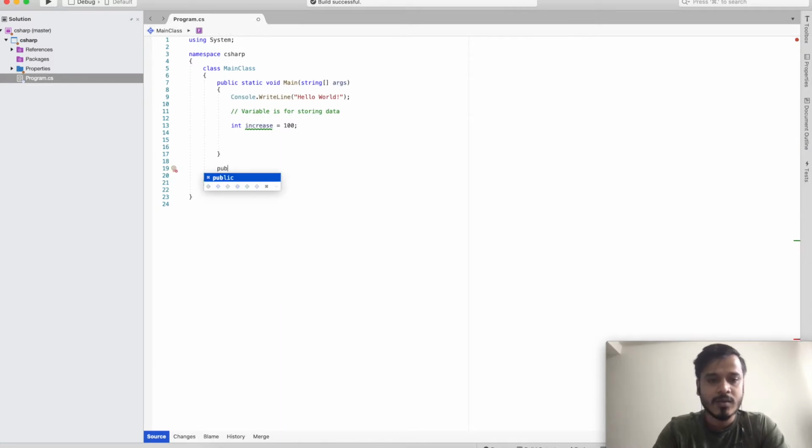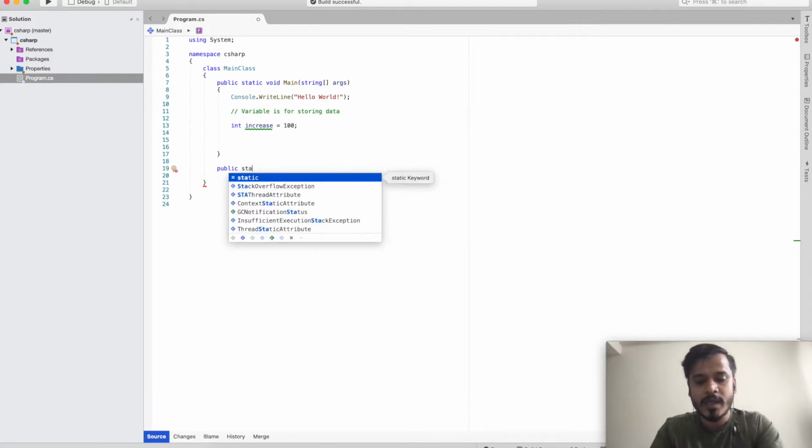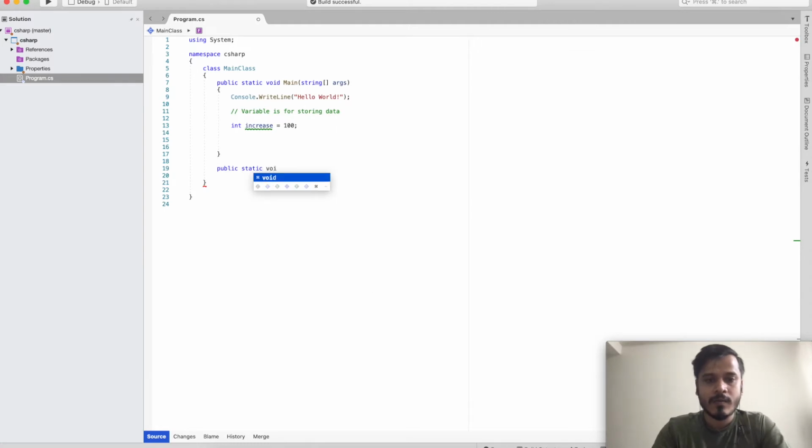So I will just use public, and I will use static type. So as we can see, I have already created one method, and I will define the scope of this method.